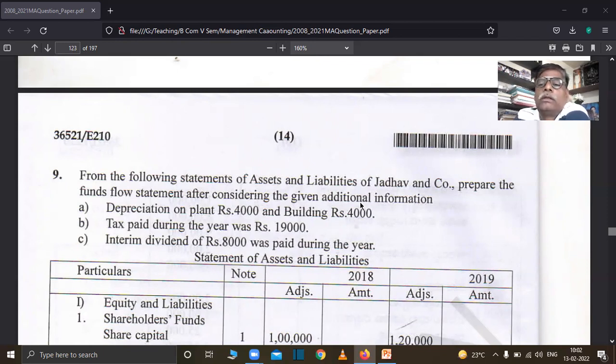First requirement is schedule of changes in working capital. Second is required accounts. Third is funds from operation. And last is fund flow statement. Like this, you have to complete. So you see here,